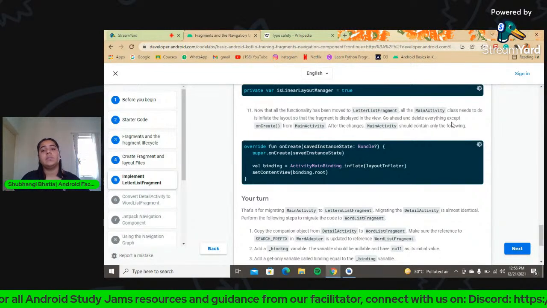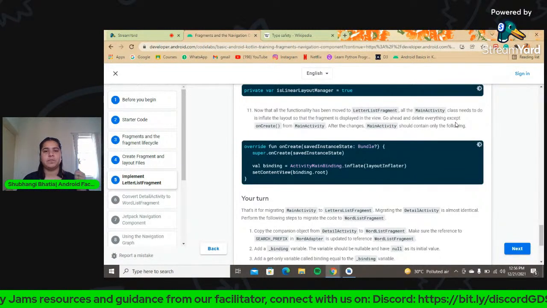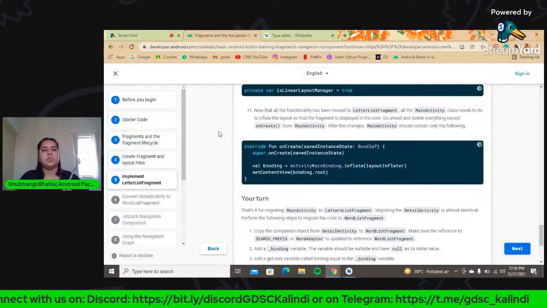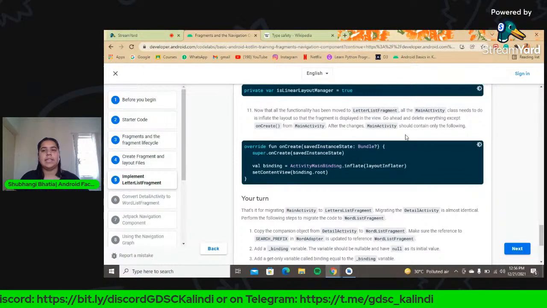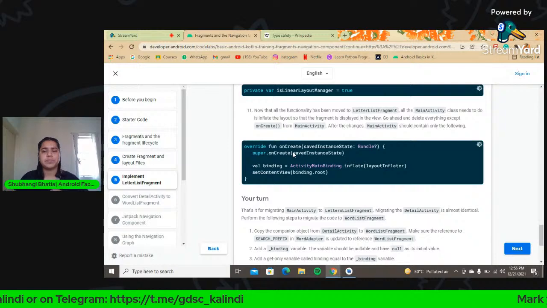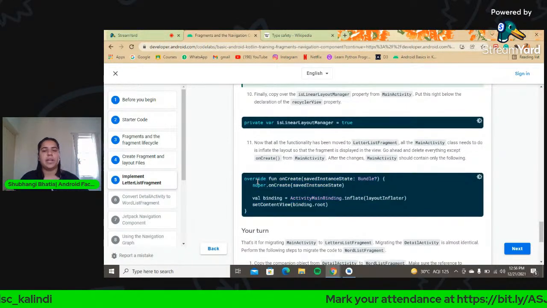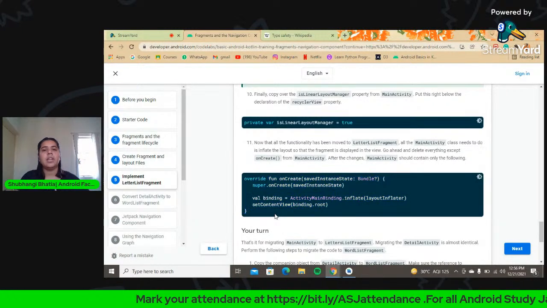So now we need to inflate the layout ताकि fragment display हो जाए view में. So in onCreate, it's deleting everything except onCreate from main activity. So currently जो main activity है उसमें मैं सिर्फ इतना कोड रहने दूंगी onCreate में, and then बाकी जो